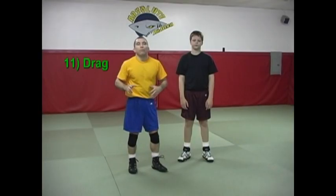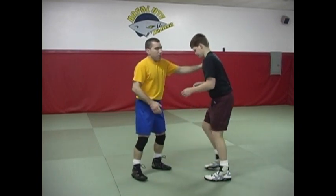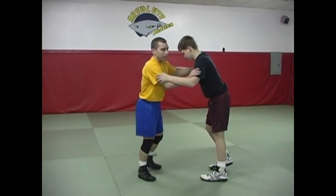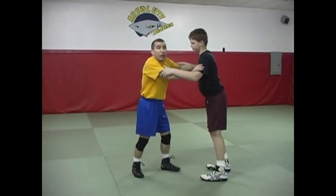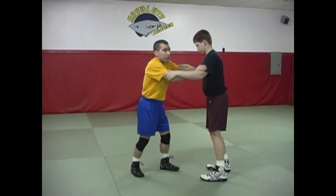The next skill is going to be a drag. And there's many variations in how to get this and what to do from it. I'm just going to show a few of the basics, hopefully enough to give you some fundamental skills, and you can adapt them to some other variations. The basic route we're going to work from is from inside control here. Now, you'll get drags from many other situations, but this is just going to be the route where we'll begin this particular